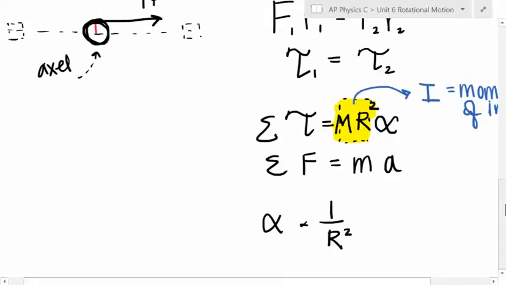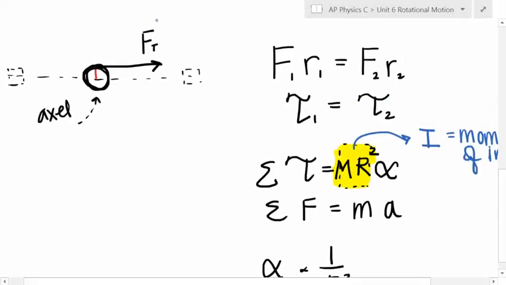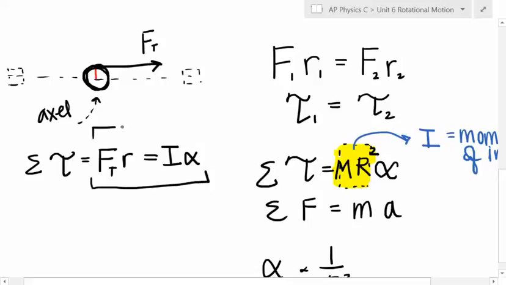And then over here, this force is applying a torque to our system. So the net torque on this axle would be the tension times the radius, and that is causing the whole system, the mass plus where it is, so that moment of inertia times alpha. And so this is what we were getting at. This is the new bit of dynamics